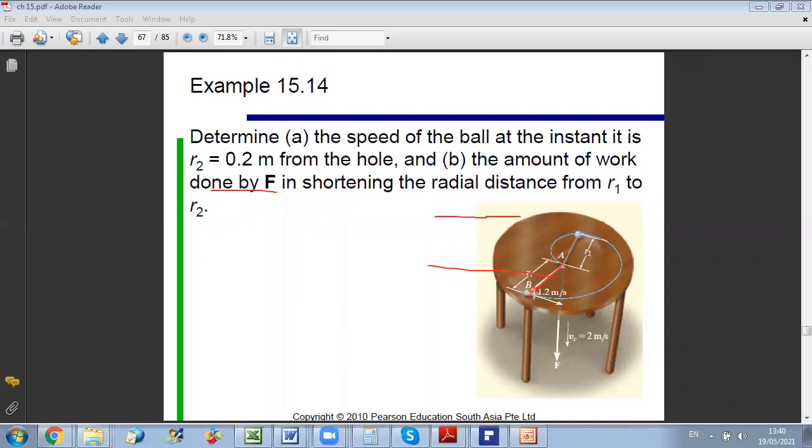So the initial angular momentum will be m times v1 times r1. Okay? So we can say that h about z at state 1 is equal to r1, which is given 0.5, times the mass times v1, which is 1.2. So at state 1 we know everything, so the angular momentum is known. Now, from conservation of angular momentum, we can say that this should be equal to the angular momentum about z